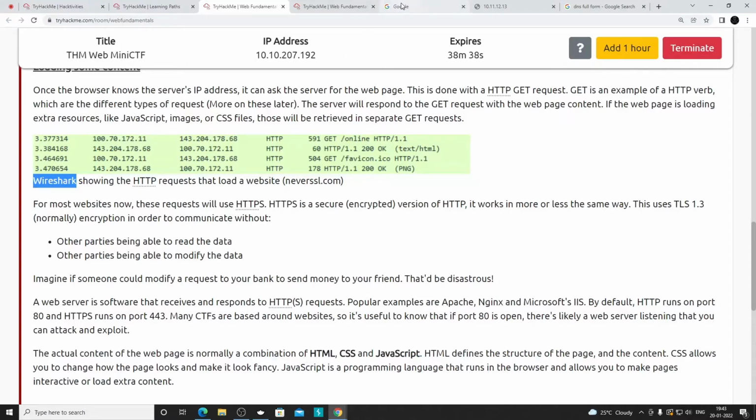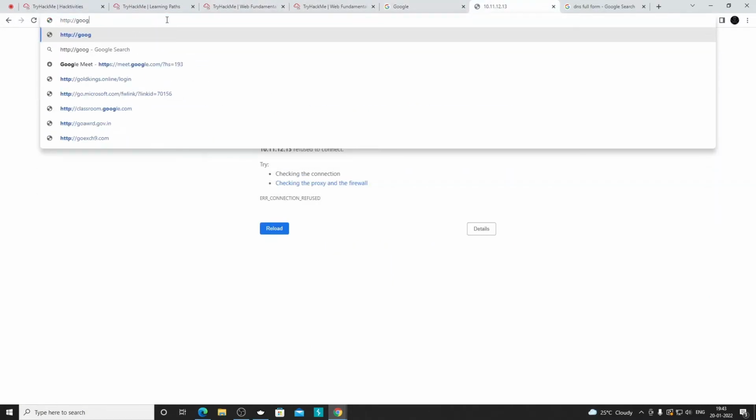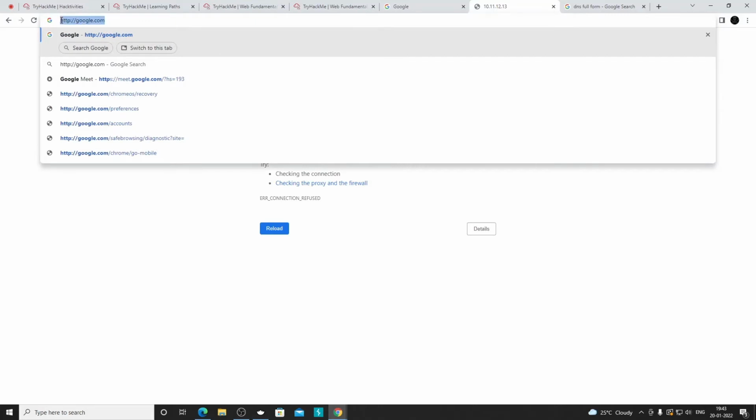Now HTTP you are already aware of, like when we have HTTP in the URL. This is actually not secure. If someone is listening by performing a man in the middle attack or anything, they could read or access whatever we are sending to the server. They can intercept our request and read whatever we are sending, because it is not secure. Even if you are sending a username and password on login to a website, if someone is listening in the middle, they would be able to see that username and password in clear text.